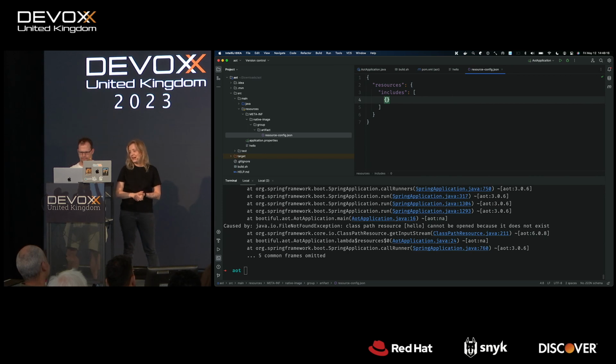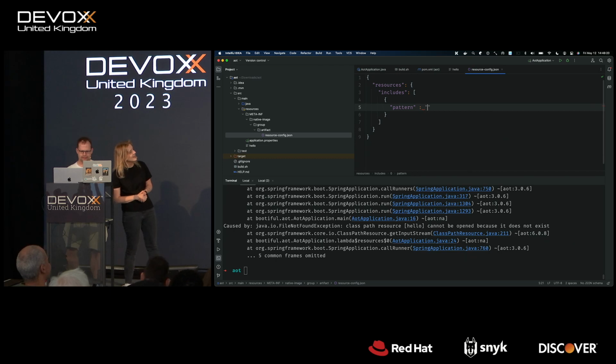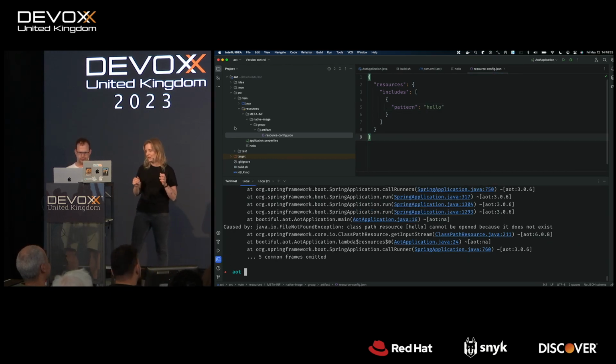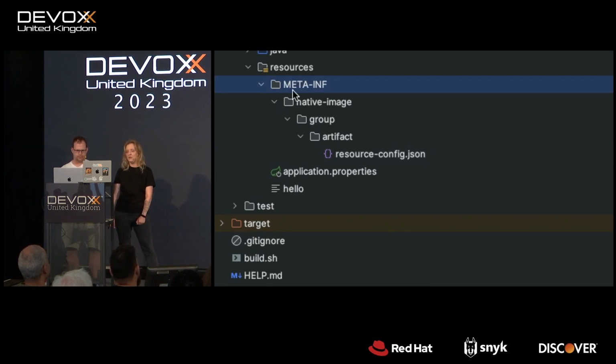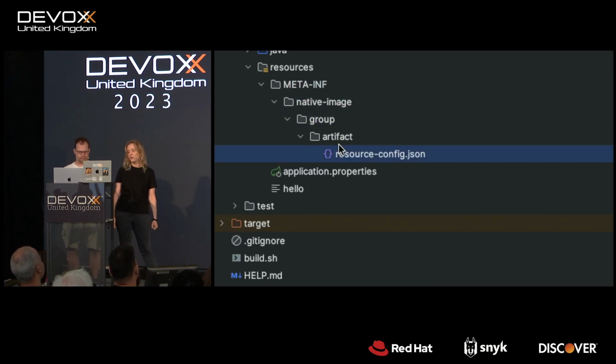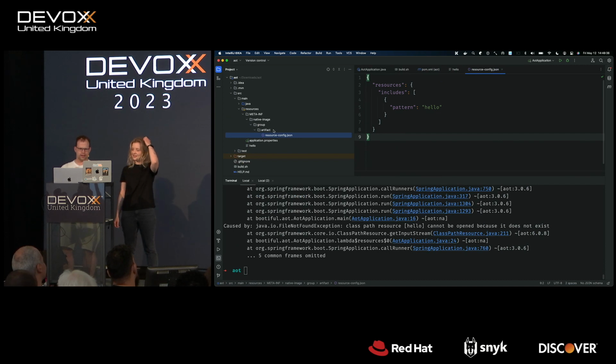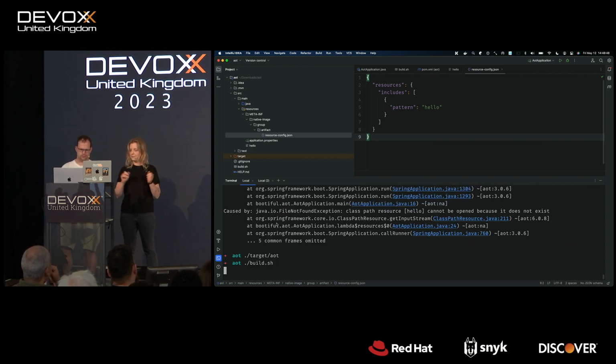So as Josh writes this beautiful JSON, this is how we would tell native image to make this resource discoverable for the build. And if we made YAML, right, because, you know, it's so easy to make YAML, right? So we've got this directory structure, right? On the class path. We can do that for our code, but other people can put it in their libraries as well, and GraalVM will find them all and integrate it into the sort of the whole compilation. OK, good. So let's try, and let's hope it works.